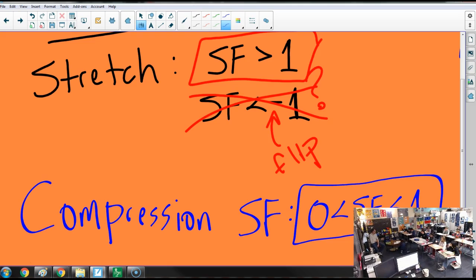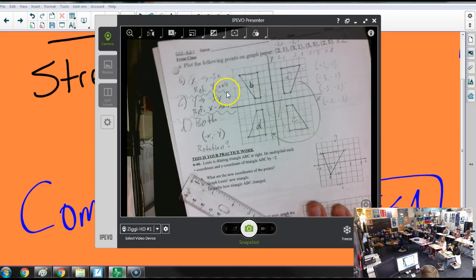Oh, never mind. So when we just did this, our scale factor here was 1. We weren't changing the size. Our scale factor was 1, but when we applied the negative, it flips across an axis. So the size stays the same, but its location moves. If this had been -2,